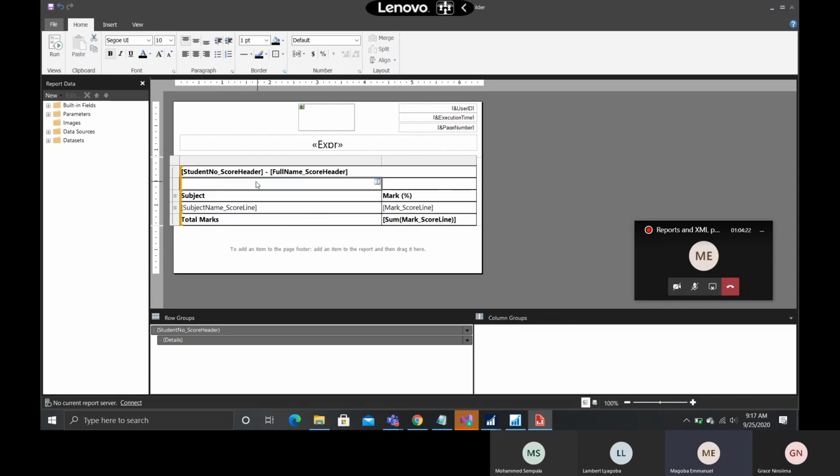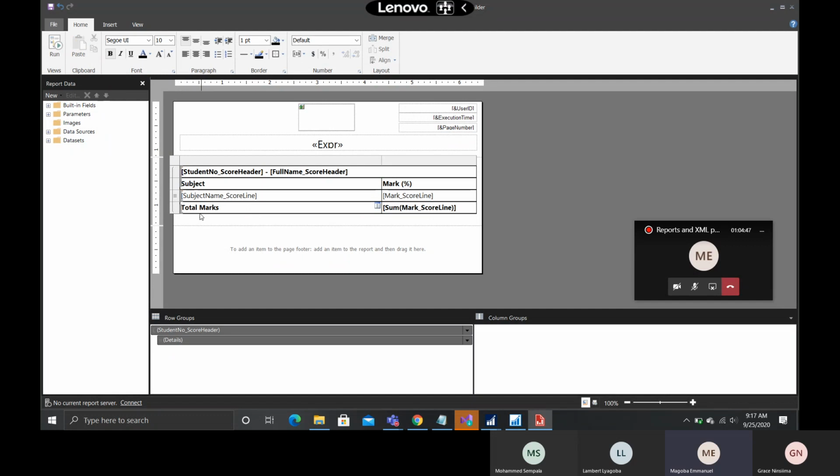Will this work? I think this would work. This will make the student not repeat because it is outside. Are you seeing these? These are repeaters, these dots that you see here. Are you seeing the three lines? Those are repeaters. So that's why this was repeating. But if I insert it outside this group,